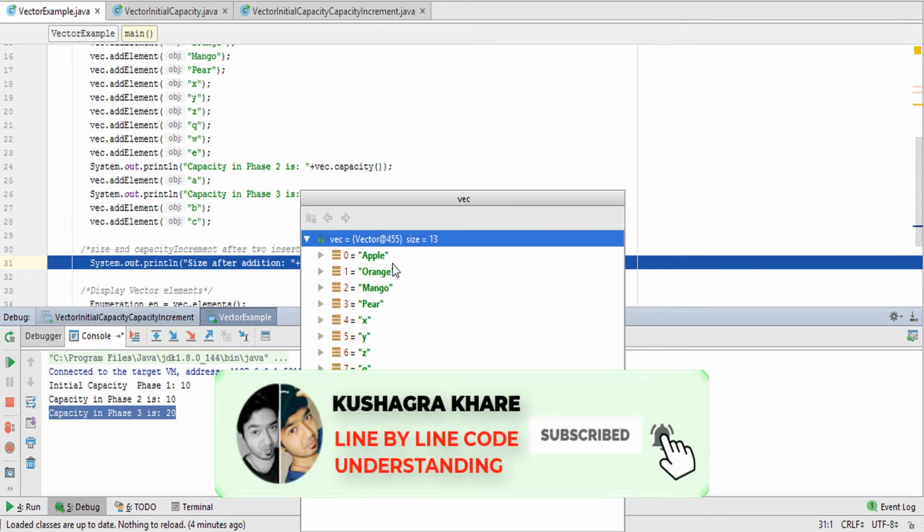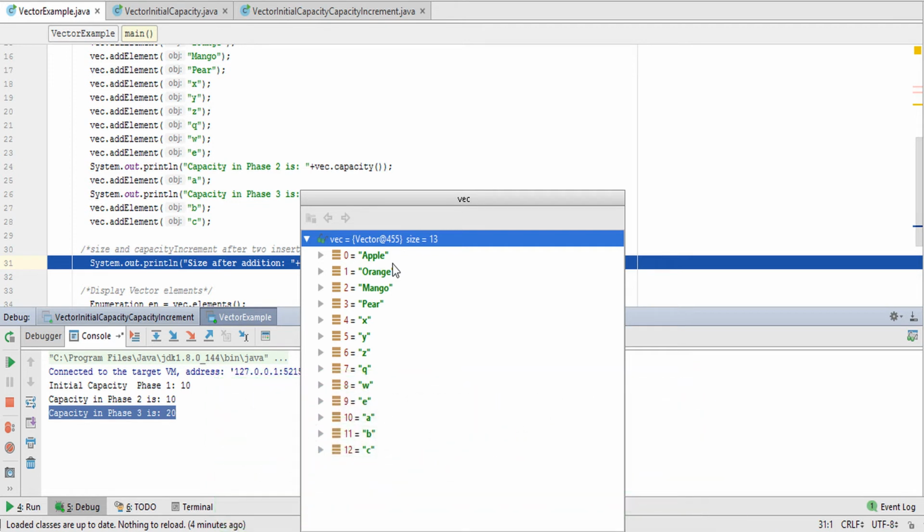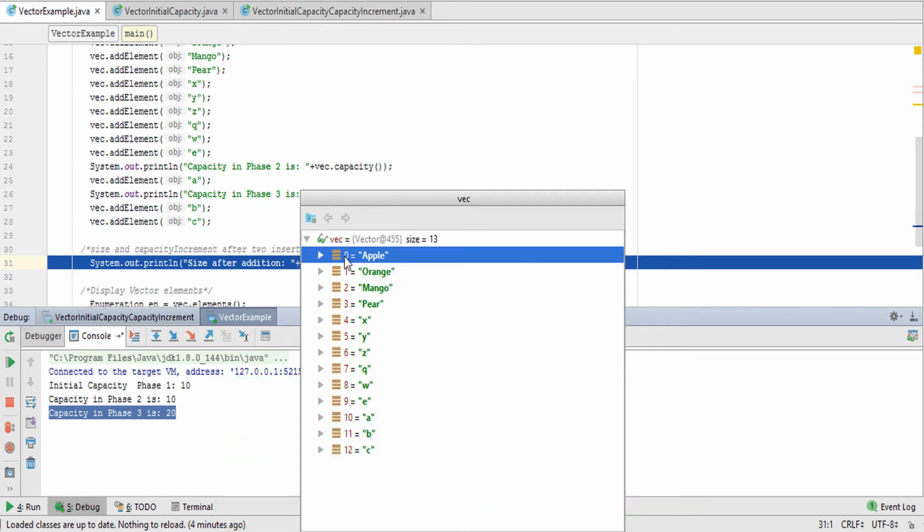So a vector is the same as an array list. It will extend from 0 to the element value.